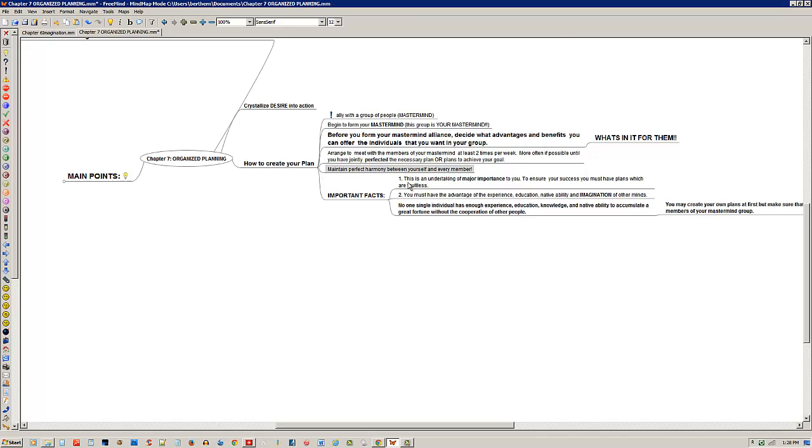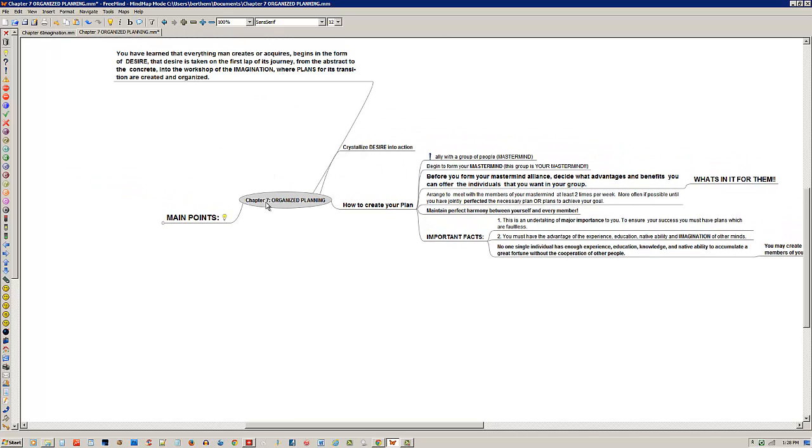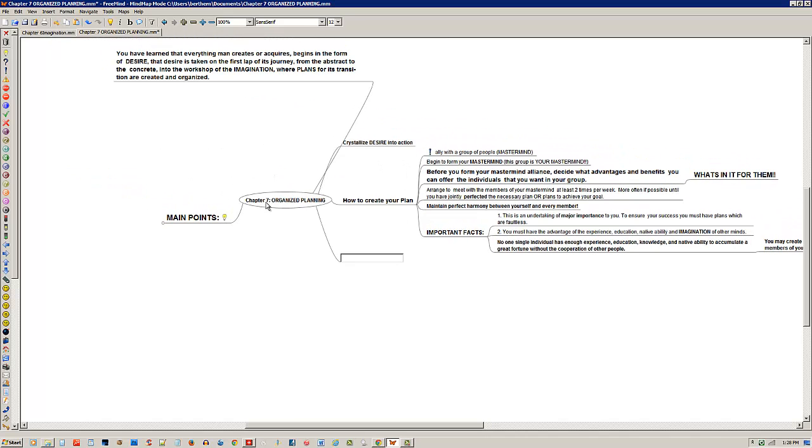The next step is, he says, maintain perfect harmony between yourself and every member. If you don't create harmony where everybody gets along, then what's going to happen? You're not going to have a group of individuals that are like-minded and working towards an objective. The objective in our mastermind group, at least for me, was to get everyone